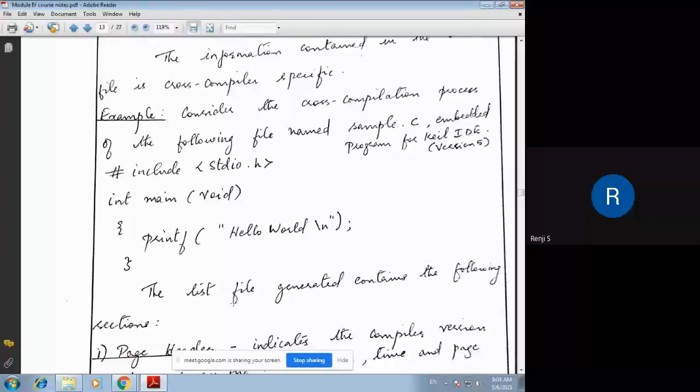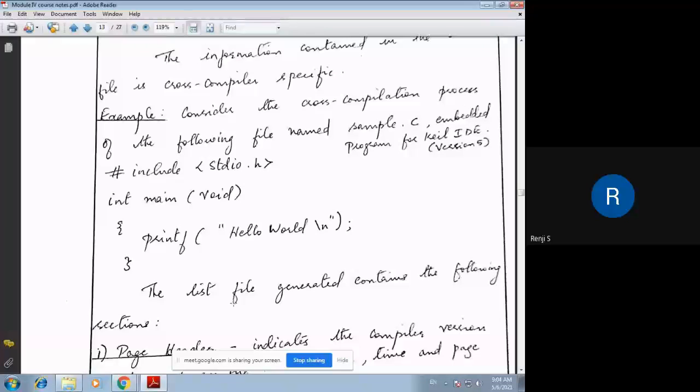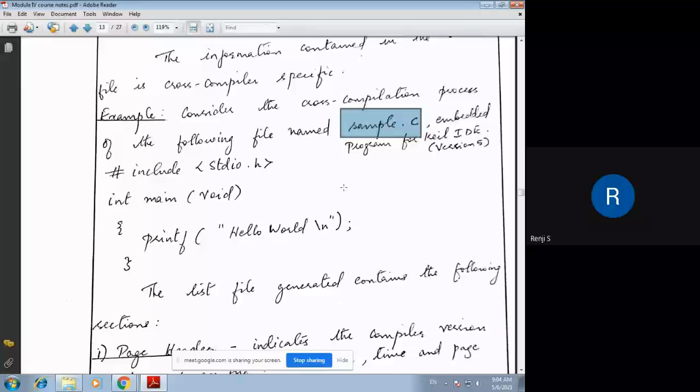Now, let us consider an example of a C code that is written in embedded C. This is a simple C code, and after cross compilation, what results do we get from it? Consider the cross compilation process of the file named sample.c. This is a C code, and we are going to write it in the Keil software.